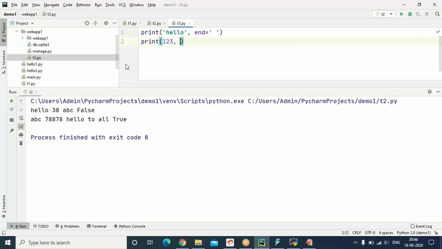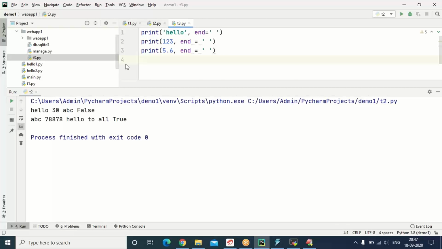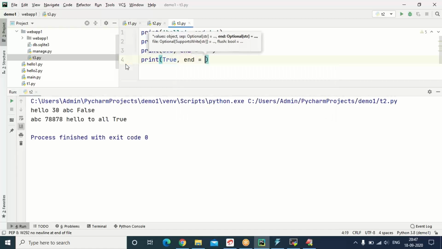Print of 1, 2, 3, end is equal to one space. Print of 5.6, end is equal to one space. Print of 2, end is equal to one space.